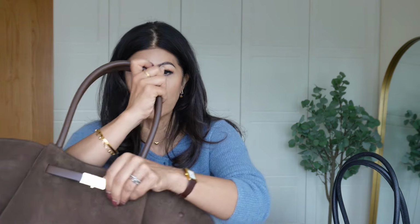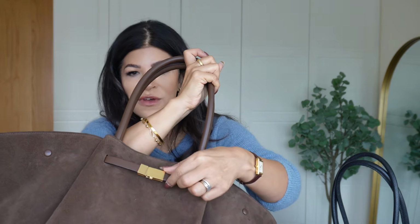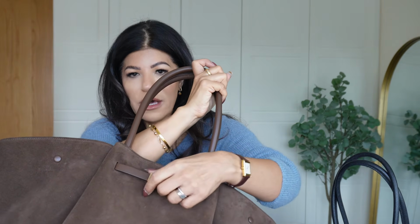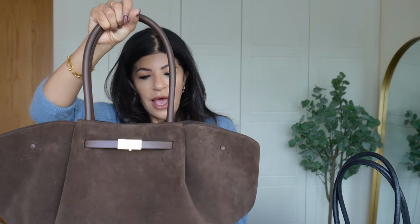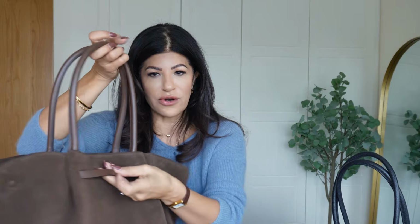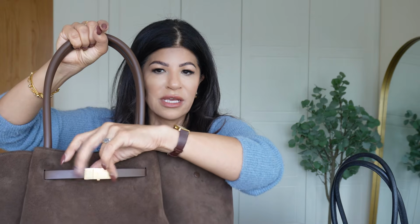Now, like I said, it's suede on the outside, cotton on the inside, and then it's got this gold-plated hardware. I mean, a lot of bags have this, and I love it. This bit is very reminiscent of the Hermes Kelly with this feature. So if you wanted to, you could leave these open. I tend to leave this closed, but it is a different look and it looks just as nice. And then other than that, it's just really, really simple. Big long shoulder straps and leather across this feature here, which then, as I said, comes into this